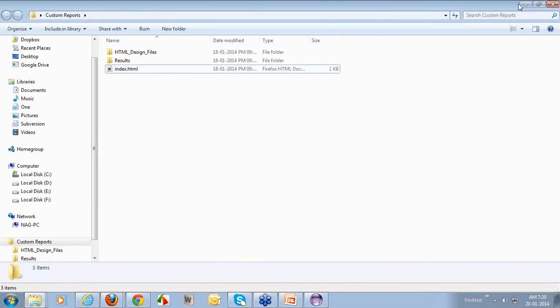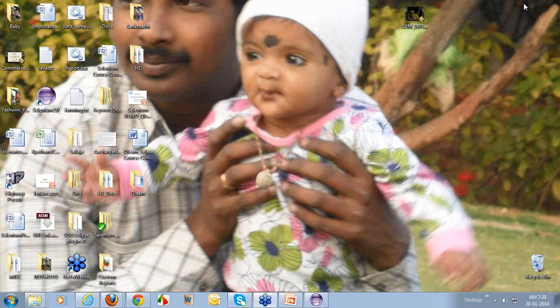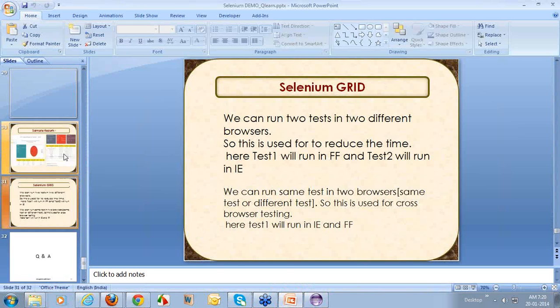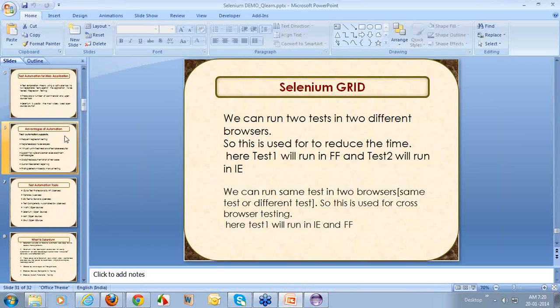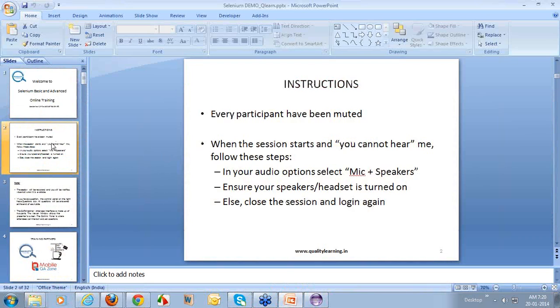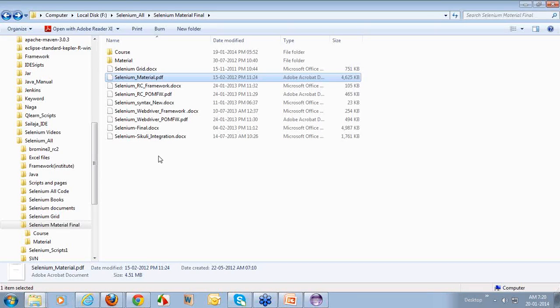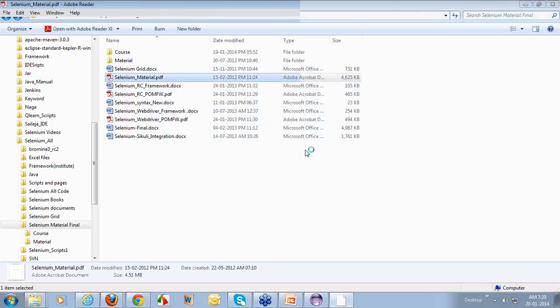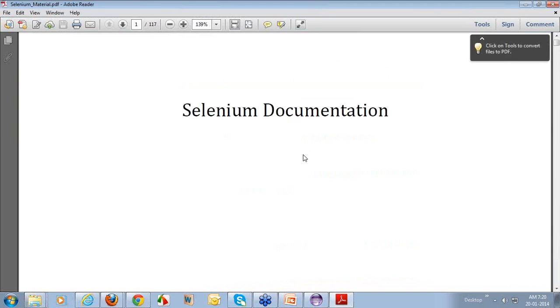And apart from this, you are going to learn what is Maven and how to install Maven in your machine, and what is the use of Ant and how to use Ant, and everything you are going to get. Apart from this, we are going to provide you a material, and after each and every class we are going to send all the